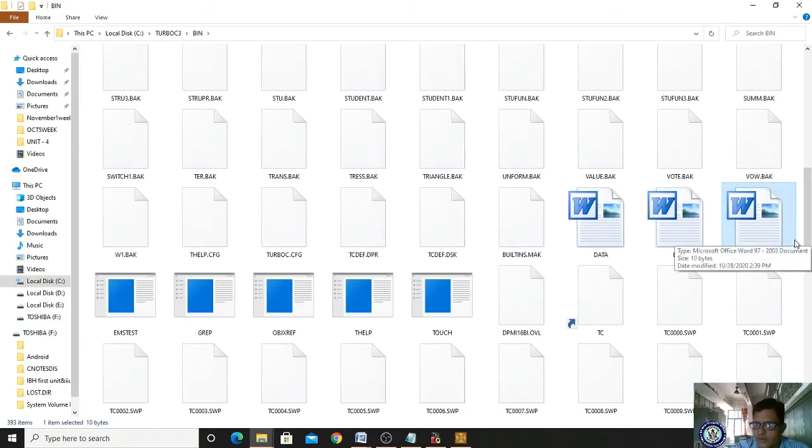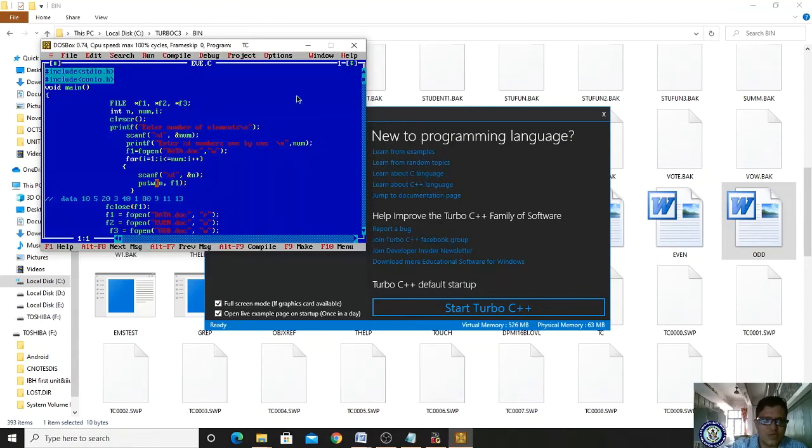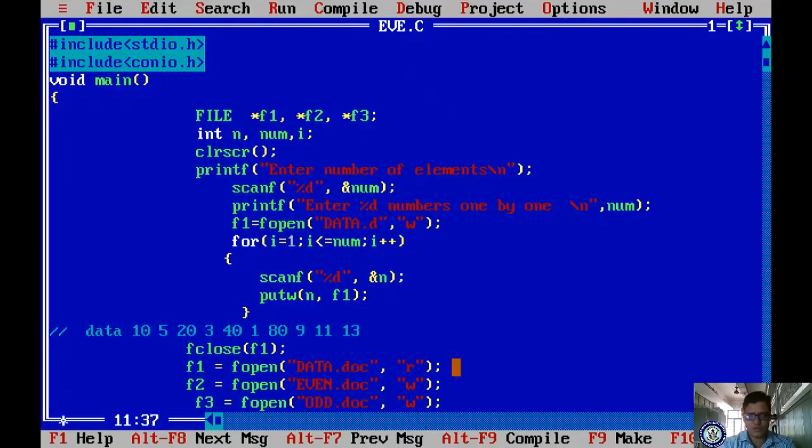We have created .doc, right? So it has created like this. Suppose if I modify this with .txt, let me check. I'm taking .txt instead of .doc. Here also, instead of the doc file, I'm taking txt. Okay, let me check txt.